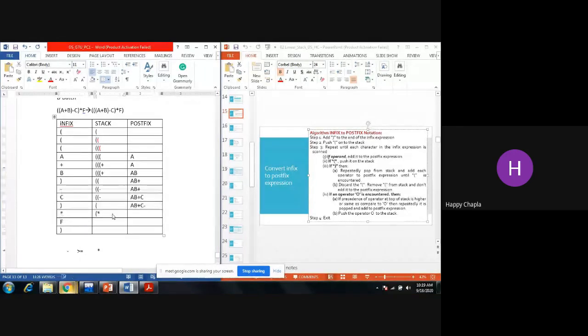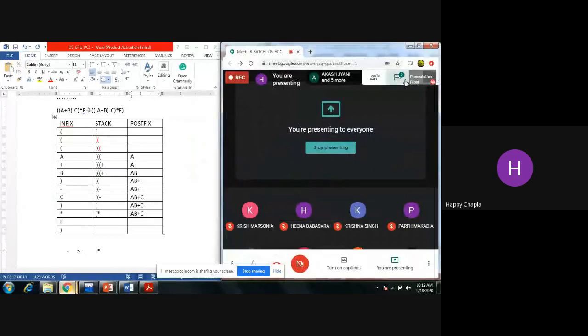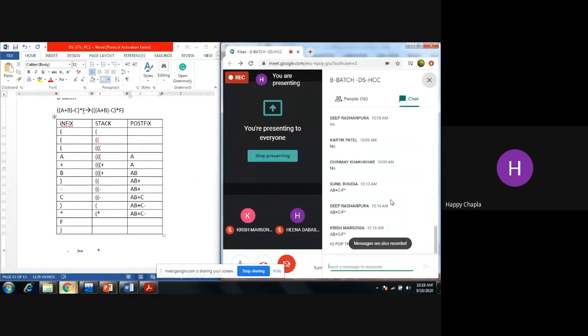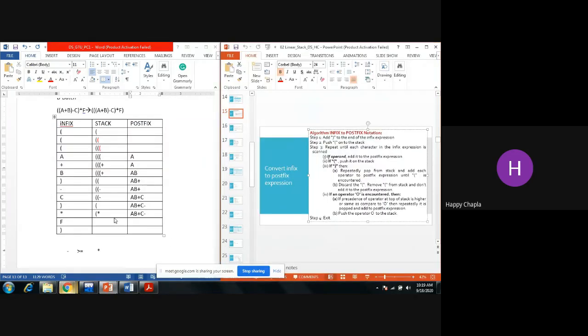We need to push it into the stack, plus C minus. Yes, any doubt? To pop the operators. Now like this. Now AB plus C minus and F.